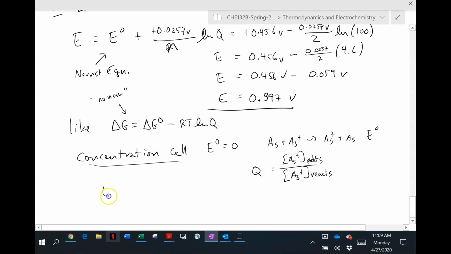And then E equals E naught plus RT over nF ln Q just becomes E equals RT over nF ln Q. You don't have to deal with the E naught part of it if E naught is 0. And again, that's for a concentration cell. Okay, there's a lot more fascinating things to talk about in electrochemistry, but alas, we're not